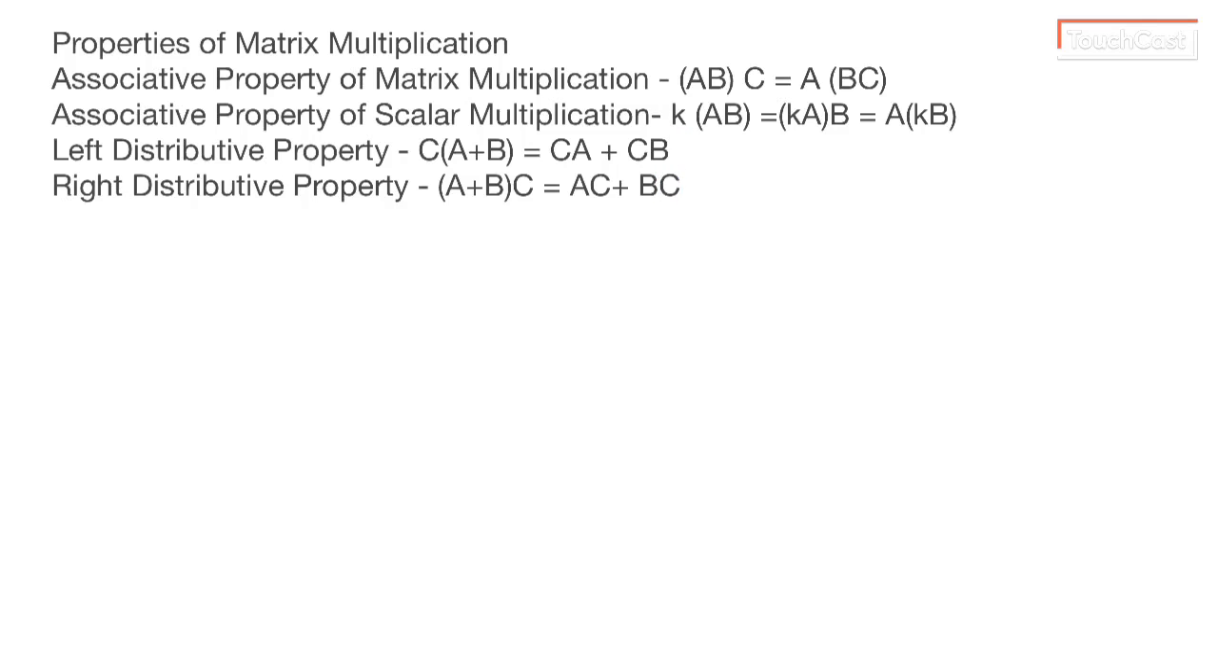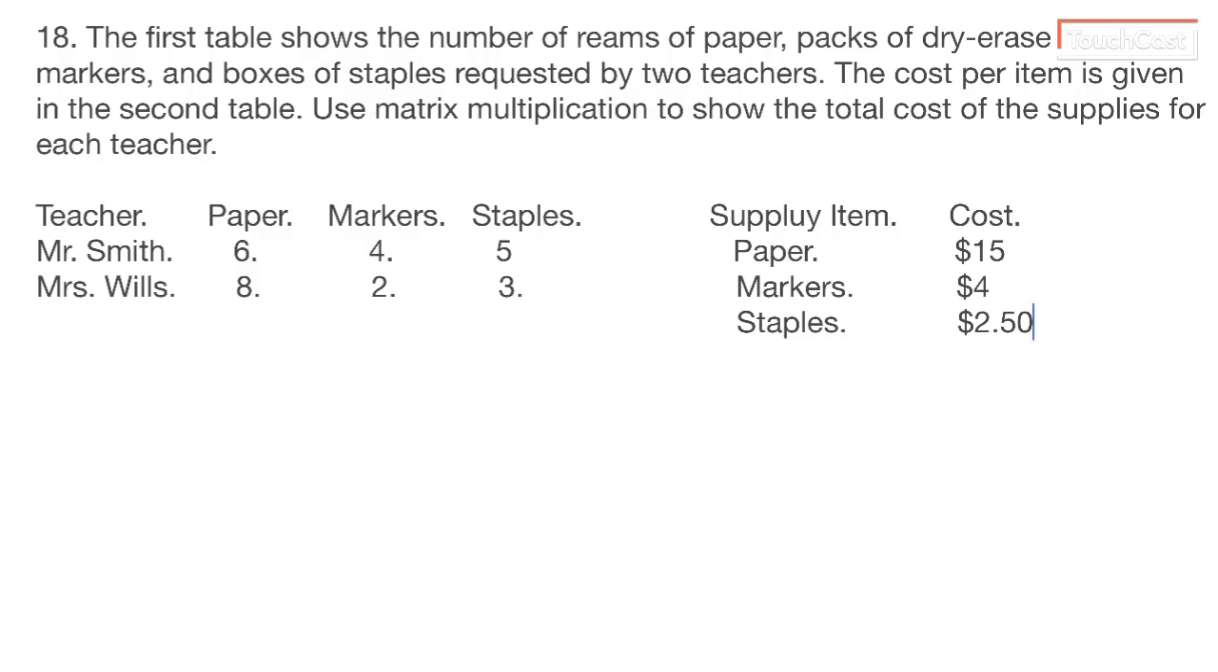Alright, now I've got some application examples. So if we move on now to example 18, it is a word problem. The first table shows the number of reams of paper, packs of dry erase markers, and boxes of staples requested by 2 different teachers. The cost per item is given in the second table. We're going to write these as matrices and use matrix multiplication to show what is the total cost of the supplies for each teacher. So if we take that first table, we can write it as a matrix